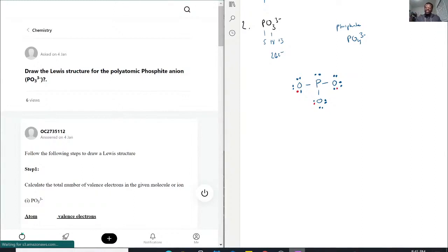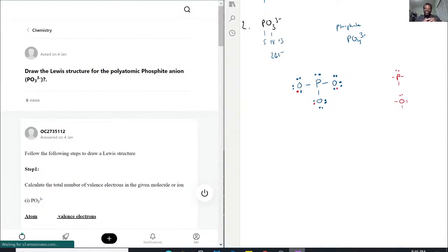Now let's check out the formal charges to see if this is a stable, or at least the most stable thing they would prefer. So with phosphite, phosphorus likes to be 1 lone pair and 3 bonds. That represents a formal charge of 0. Okay, that is its most stable form, because that is when the unpaired electrons become bonds. Oxygen, on the other hand, it only has 2 unpaired electrons, so when they become bonds, this will represent its formal charge of 0. But as you can see here, for every oxygen, what happened was that the formal charge